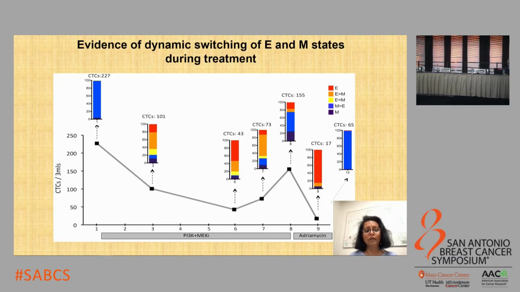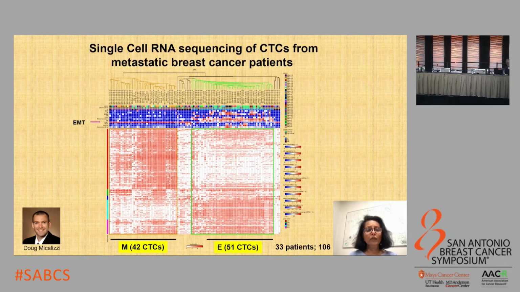are in drug response. We wanted to see whether we could actually detect EMT in CTCs using single-cell RNA sequencing data that we had derived from over 100 CTCs derived from a cohort of breast cancer patients. When we applied an EMT signature to this single-cell RNA sequencing data, we found that half the CTCs were epithelial and the other half was mesenchymal. This allowed us to actually study the molecular properties of these two populations of CTCs.